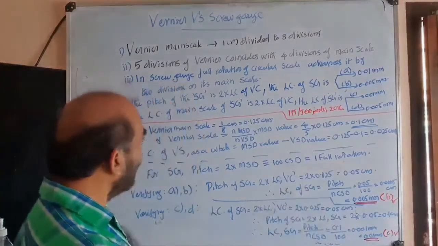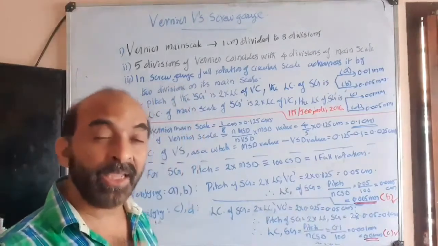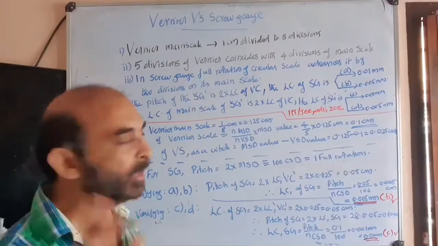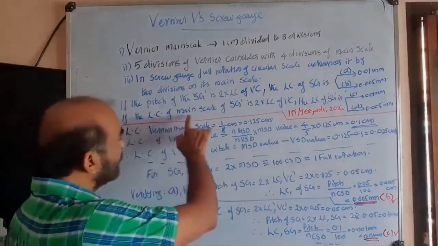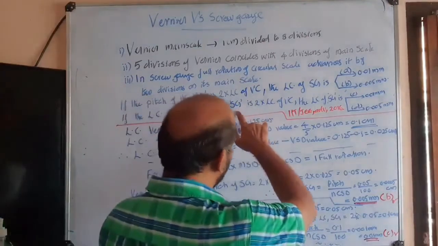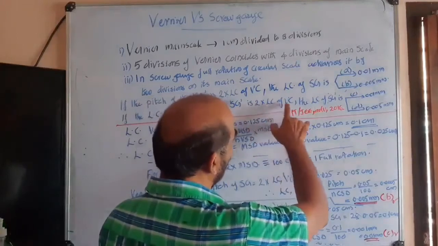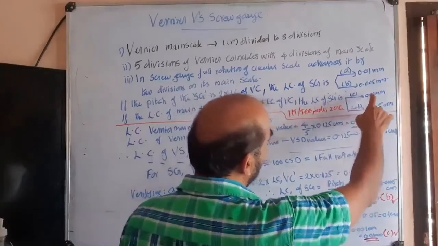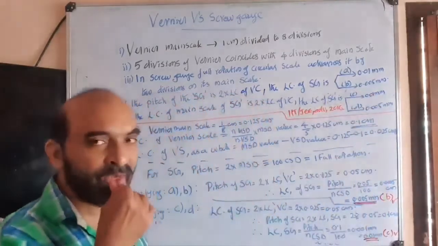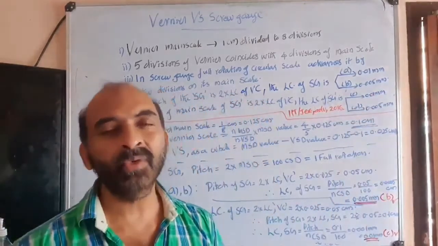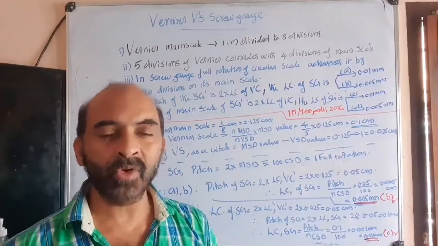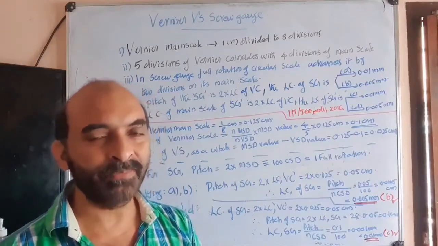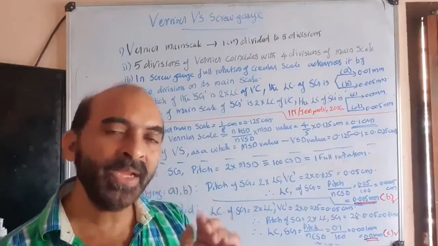Again, statements C and D also have the same statement; only the values differ. If the least count of the main scale of the screw gauge is 2 times the least count of the vernier calipers, the least count of the screw gauge is C or D. Again, we conclude the same thing: either both are wrong or only one is correct. It's a bit troublesome, but if you think with a cool mind, it is okay.